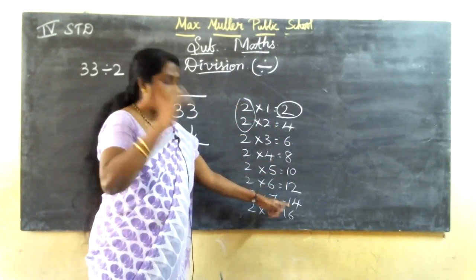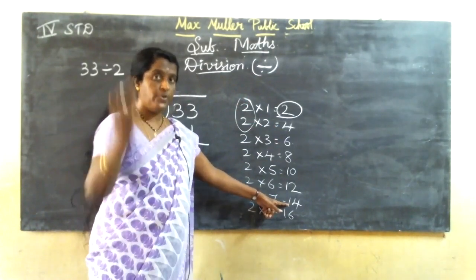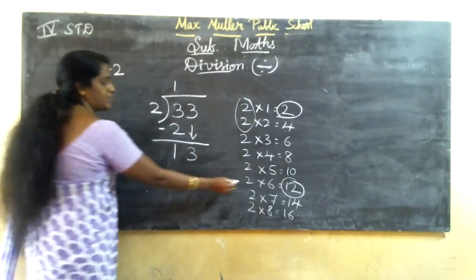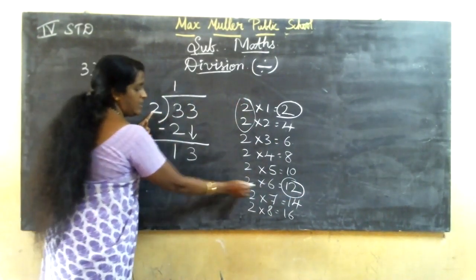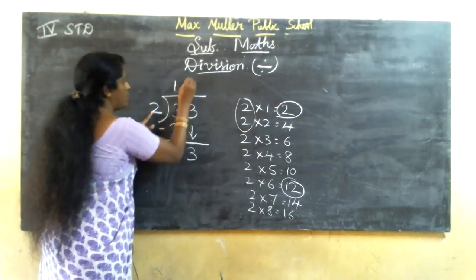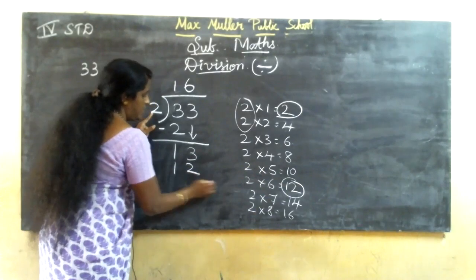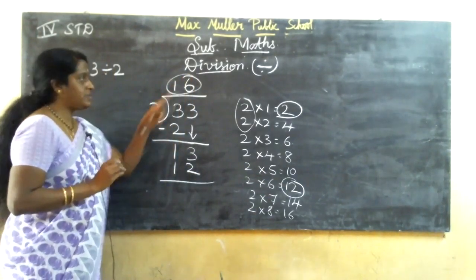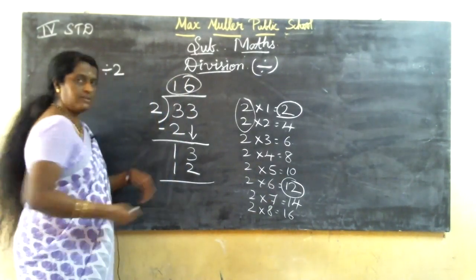No. So before 13, can you write 14? 13 afterwards only 14. So before 13 means 12. 12 means this 2 it is here only. Yes, no, children? This 2 is here only. 6. 2 6 are 12. If you write this answer only, you will get the marks. So many we won't write 2 2 or 2 6 are 12 like that directly you will write.